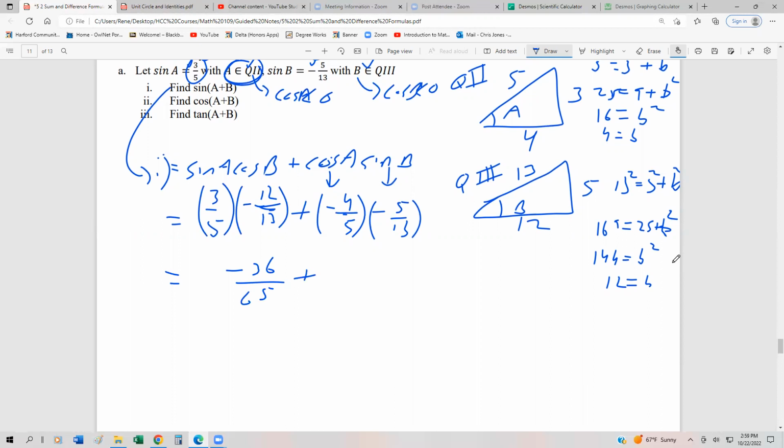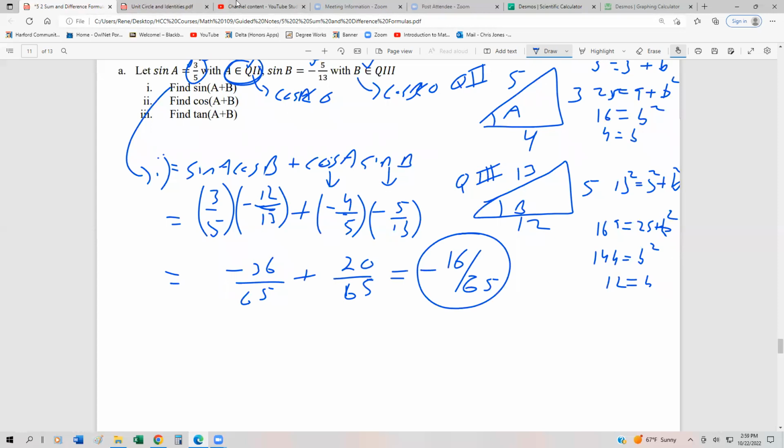And then negative 4 times negative 5 is 20. Right? And then finally, we just add those together. So negative 36 and 20 are going to work out to be negative 16/65. Okay? Now, if I want to figure out the cosine of A plus B, once again, I just use